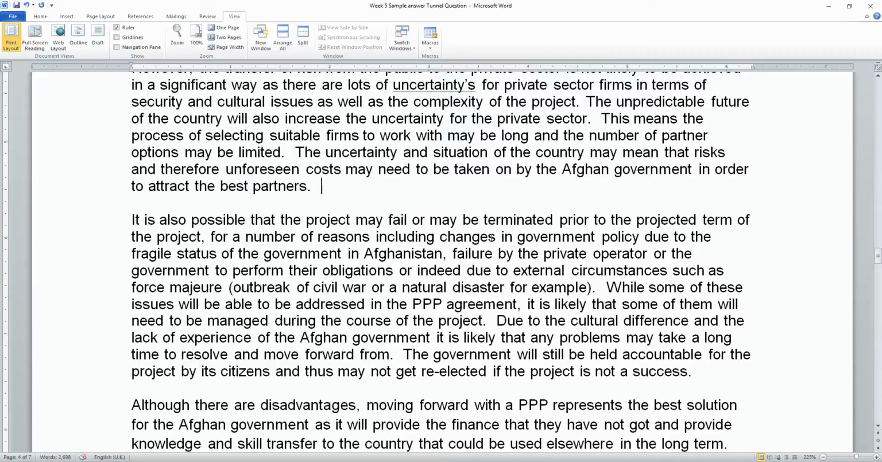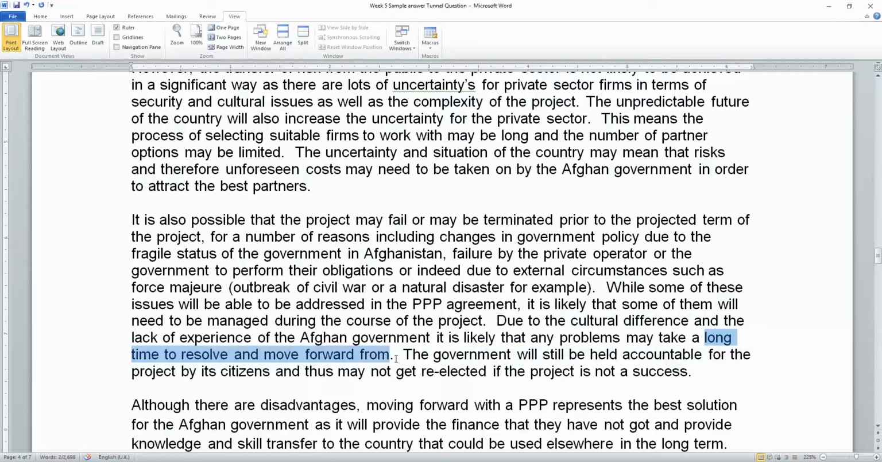It's also possible that the project might fail because of all the unpredictable things and the state of the fragile government and so forth, or even the failure of the private operator who doesn't foresee some of the complications. While some of these issues will be able to be addressed in the PPP agreement, it's likely that some of them will need to be managed during the course of the project, and the fact that the Afghan government is not experienced and there might be cultural differences may mean that it might take a long time to resolve and